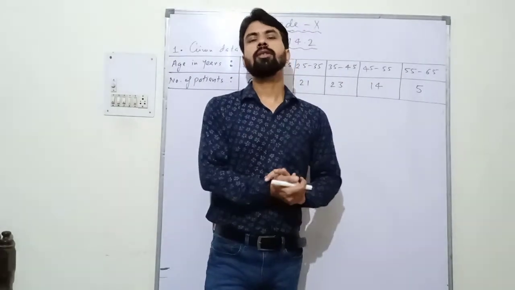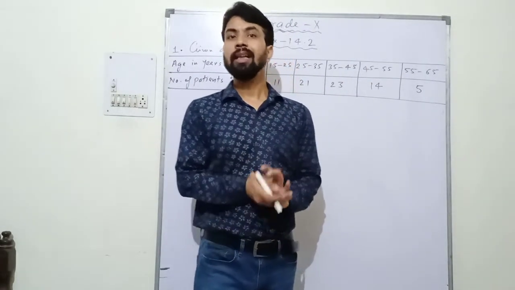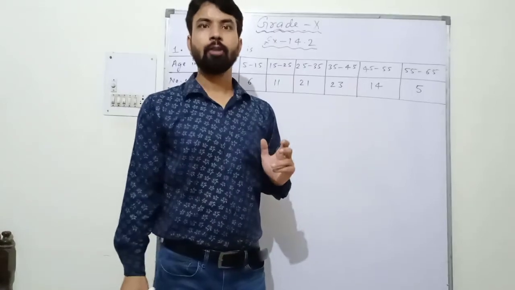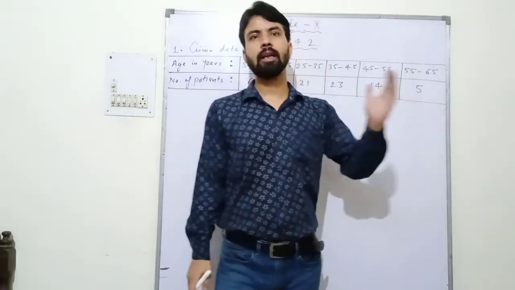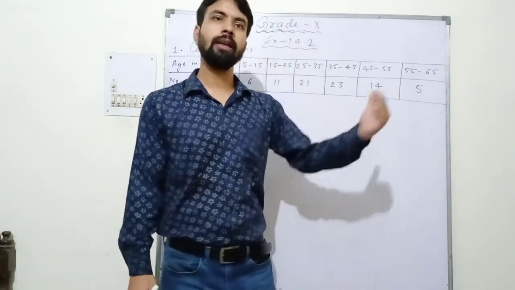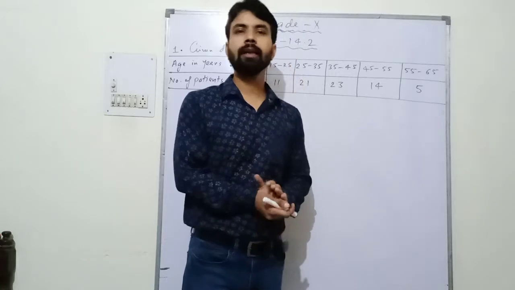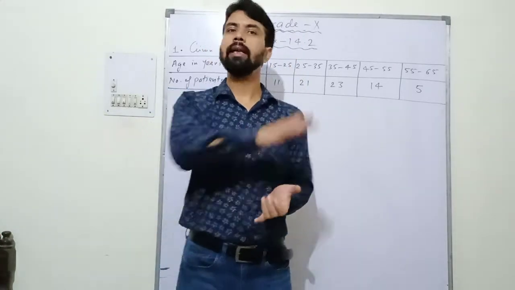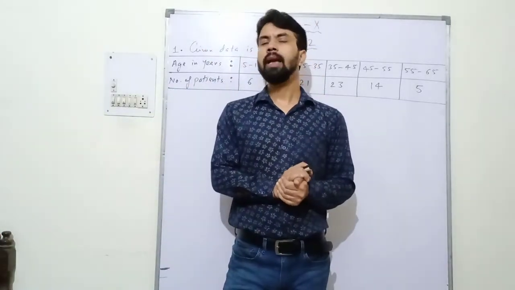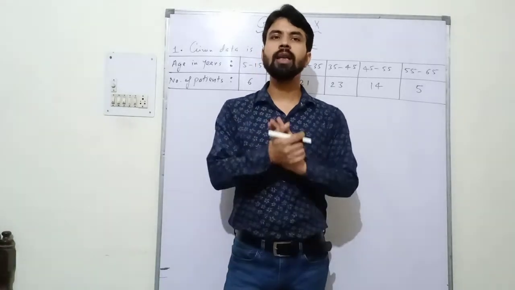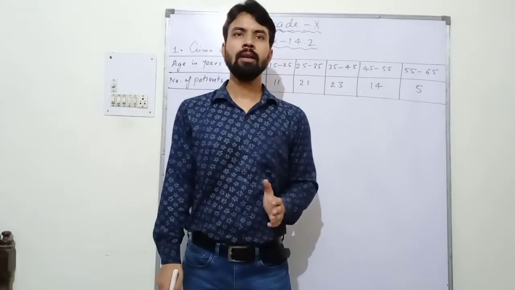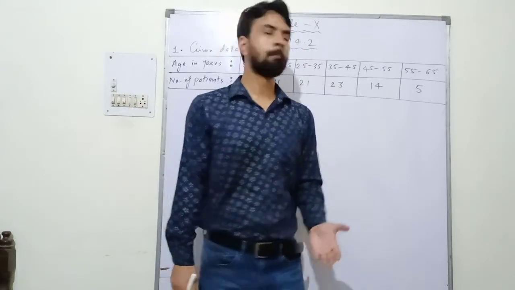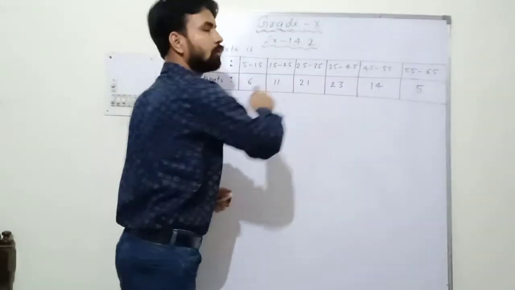So beta, first of all, we have to collect the information from this data for finding the mode. The formula of mode is L plus (F1 minus F0) upon (2F1 minus F0 minus F2) into H. So first of all, we will have to collect L, H, F1, F0 and F2. But before that, we have to identify what is the modal class here. I told you modal class is the class interval whose frequency is highest. So frequency, that is number of patients. The second row is known as the frequency.